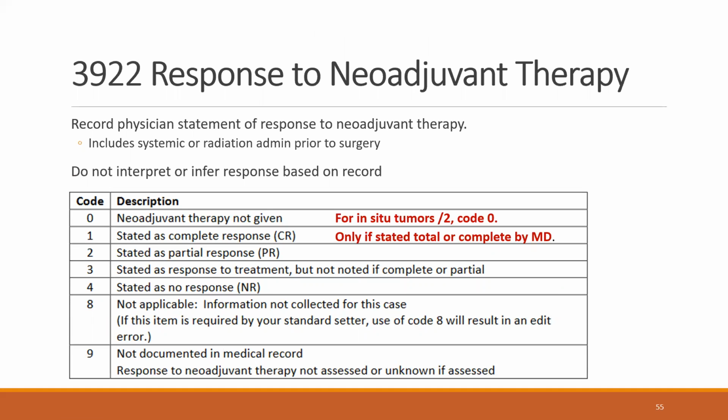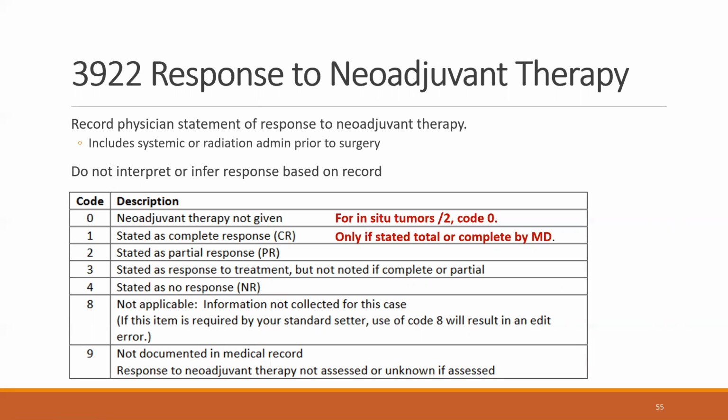Okay, and then response to neoadjuvant therapy. Make sure you're texting this information and who stated the response. We need the physician's statement of how this person responded to their neoadjuvant therapy. This does include systemic or radiation administered prior to surgery. We cannot infer this or interpret this. We need them to state it. So review the medical record for a specific statement